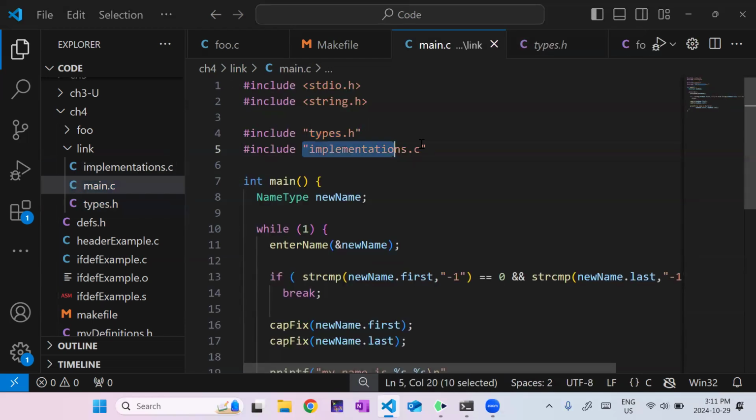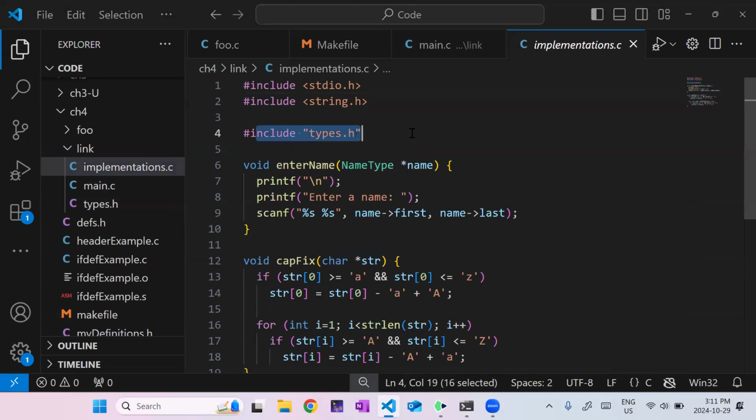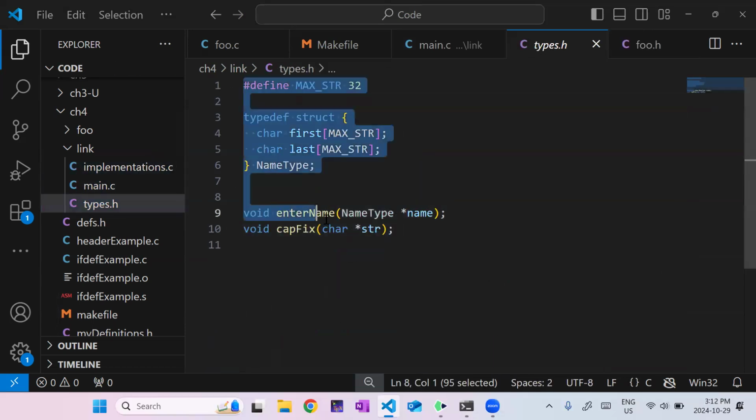I come back, I include implementations.h, okay. I start reading there, include types.h again. Well, now I've redefined these things and compilers don't like that. There's ways to protect against this using header guards or pragma once or things like that. Pragma once might be C++, but I don't know. But if you just compile it properly, you won't run into these problems.